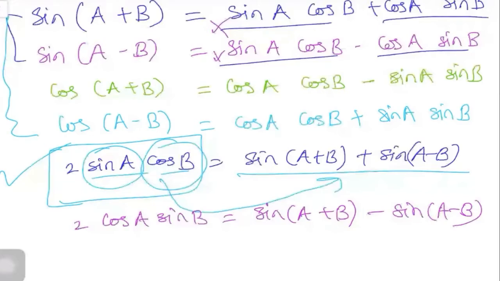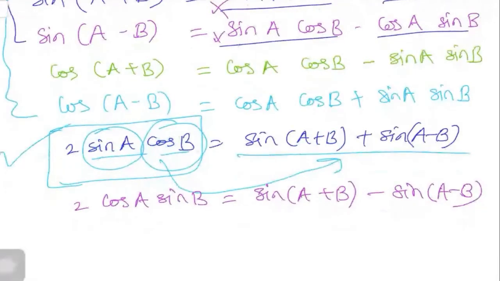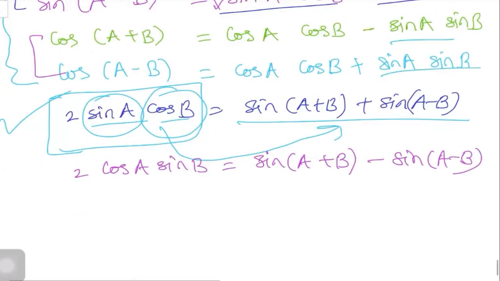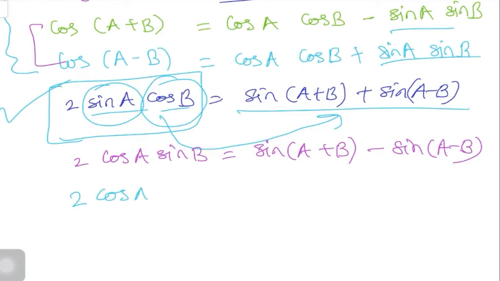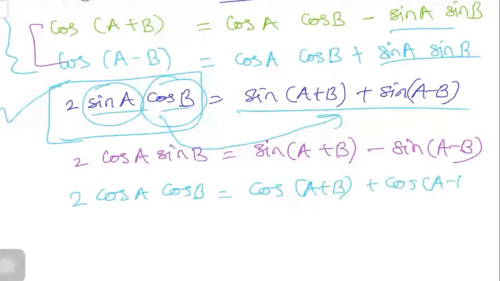Similarly, you have done the addition and subtraction between the first two terms. Now again you can add and subtract the next two terms. When you add these, the sine terms get cancelled, so we have 2 times cos a cos b, and on the left-hand side we have cos of a plus b plus cos of a minus b. So this is how you can generate the formula. Are you getting the point? No need to memorize the formula. If you understood the technique, you can remember the formula for a longer time.